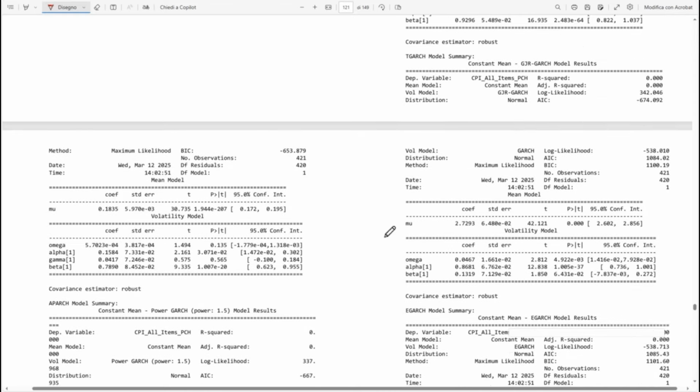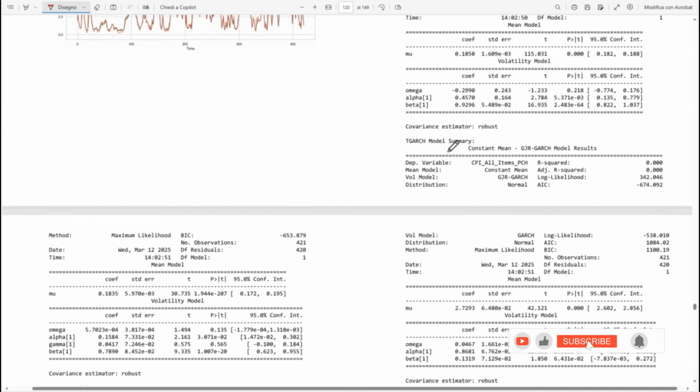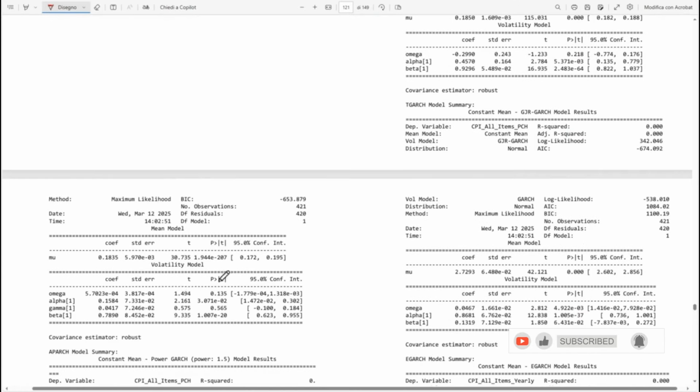Okay, so just one second, I want to understand. Okay, yeah, still is CPI. Okay,